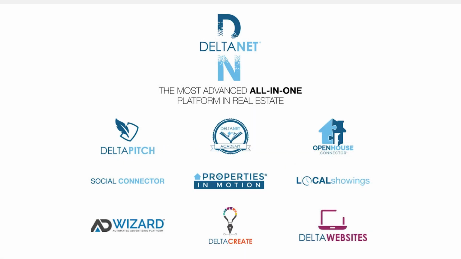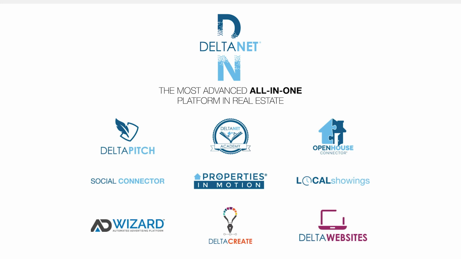And the first thing that I'd like to give an introduction to is the DeltaNET platform as a whole. So DeltaNET as a platform is basically the CRM and data center that powers all of our ancillary products. And there are quite a bit of products within our catalog, from websites, DeltaNET Academy training and education system, Open House connector to more efficiently manage open houses, Properties in Motion as our automated listing video service for Facebook and